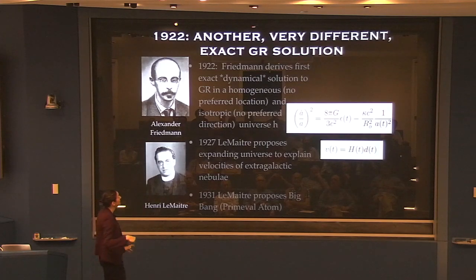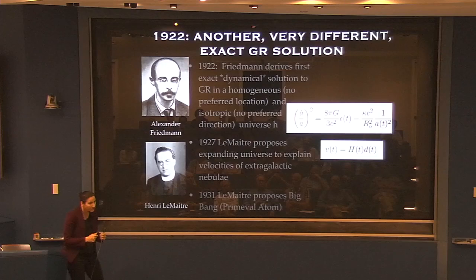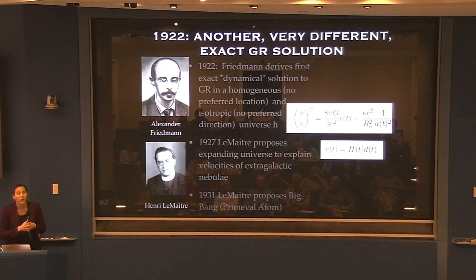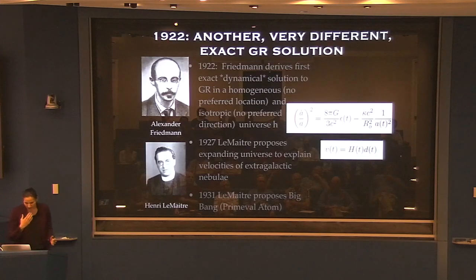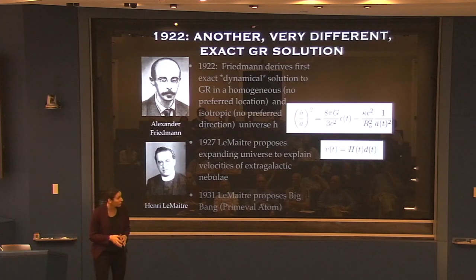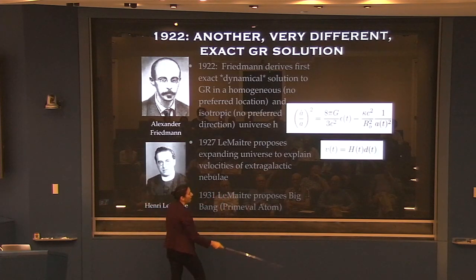So of course, in 1922, you have another exact solution to Einstein's field equations. And this is the Friedmann equation. And this is the first exact dynamical solution to the field equations, assuming homogeneity and isotropy. So homogeneity, there's no preferred location in the universe, and isotropy, there's no preferred direction in the universe. So this is pretty important, because when Friedmann is working out the metric and he's working out his solutions, I just write his solution there,